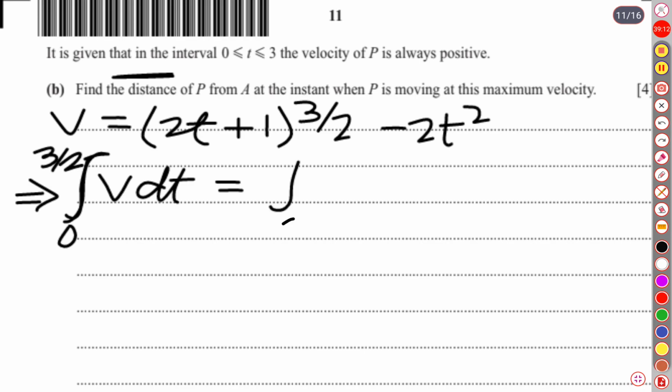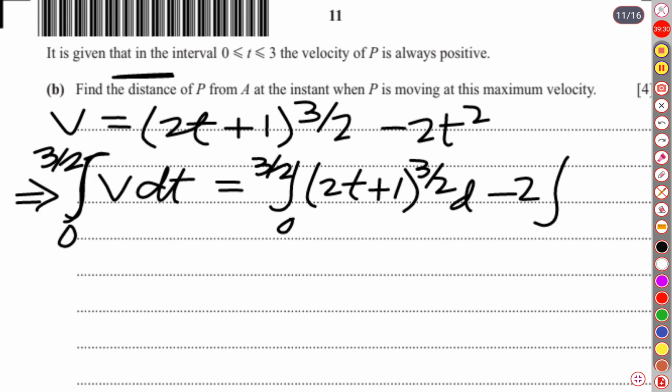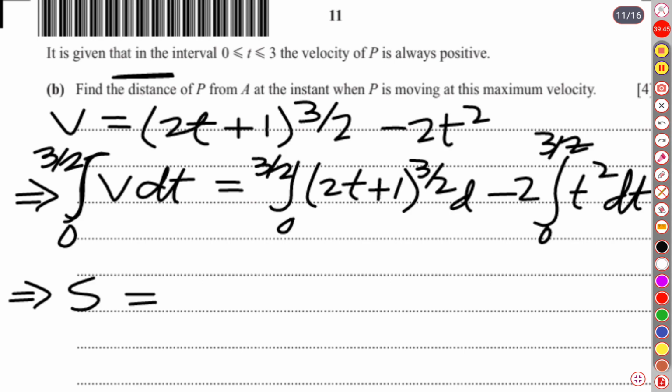It is 0 until 3 over 2 and our function is 2t plus 1 raised to 3 over 2, then dt, minus 2, and our time limit is 0 until 3 over 2, and it is t square in terms of t, or our displacement is going to be S is equal to now,